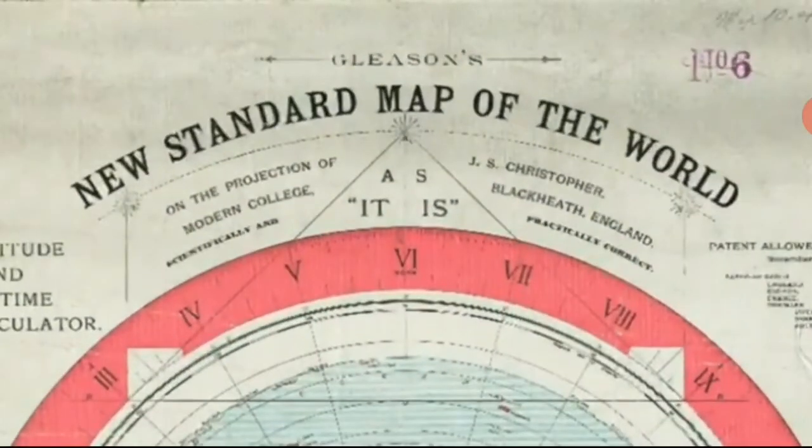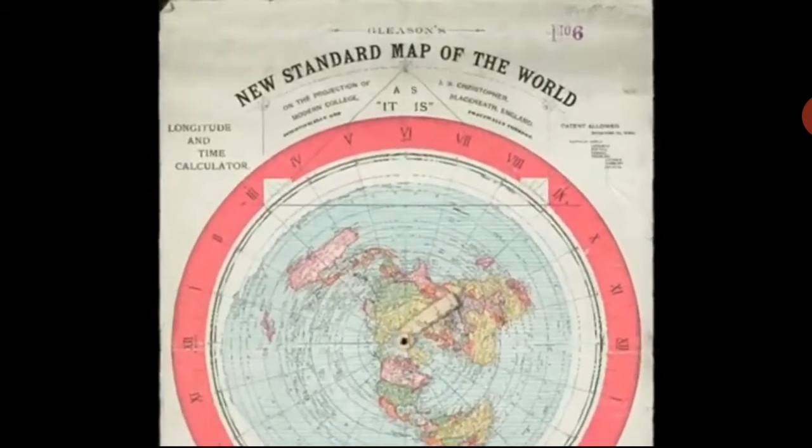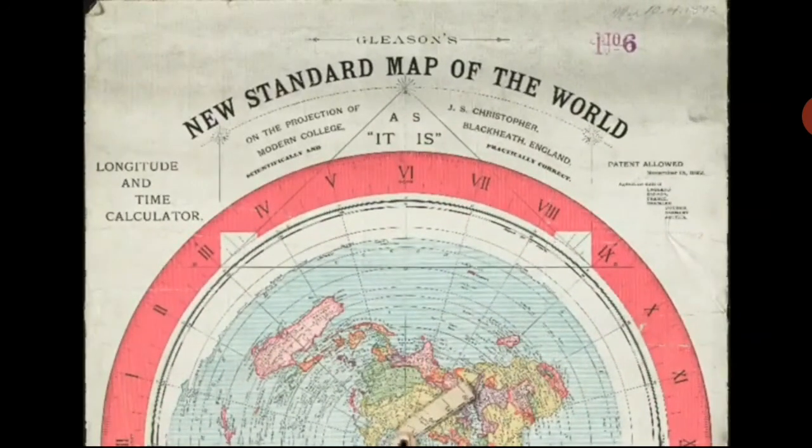Welcome, everyone. So let's talk about this triangle at the top of the Gleason's map. Everybody says it's a Masonic triangle. Well, it is an isosceles triangle. I'm not so sure it's Masonic. By looking at it,